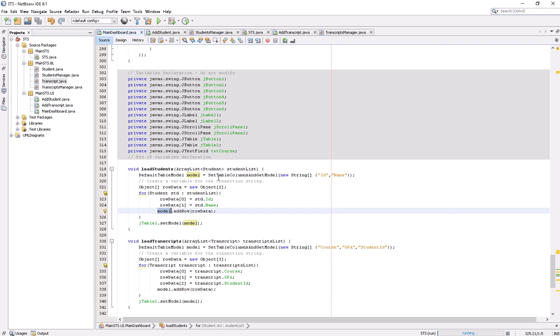This model was already created with the header columns. So the header columns are added, and now I have added all the data, and I say: JTable1, set your model to this. So the data will be bound to the table, and it will be displayed to you.